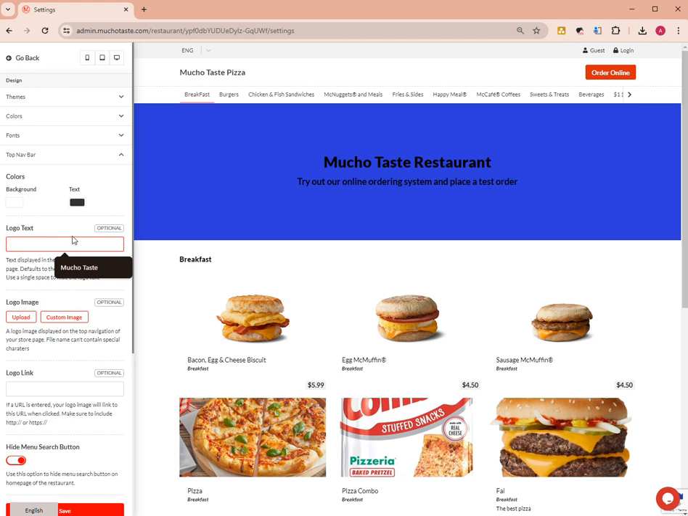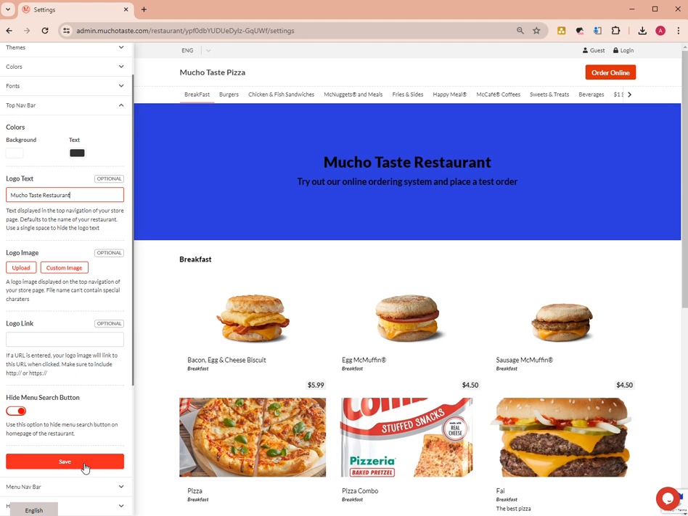So, for example, you would like to name your restaurant or the logo for your restaurant as Mucho Taste Restaurant. Let's put it that way. Mucho Taste Restaurant. We would like this name to appear here on top of the page. This is where you can see the restaurant name, Mucho Taste Restaurant. All right, so make sure to save